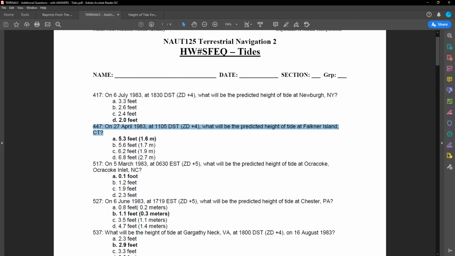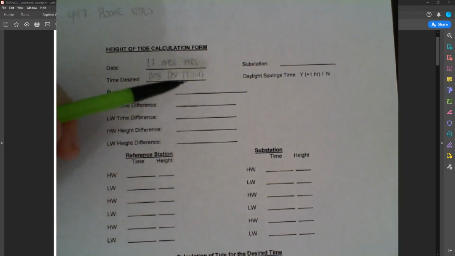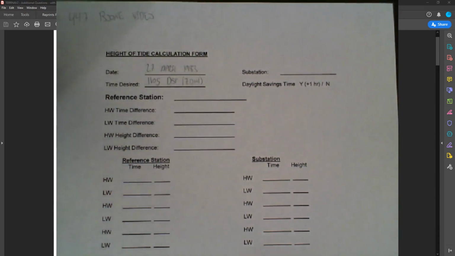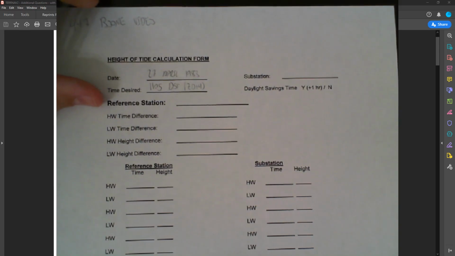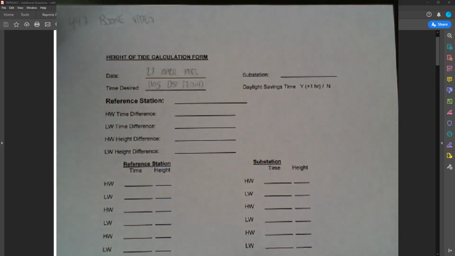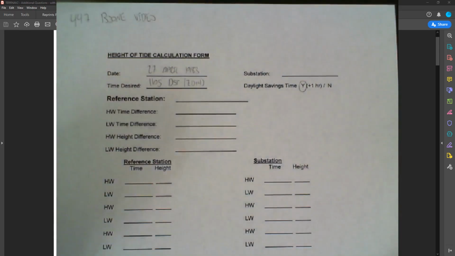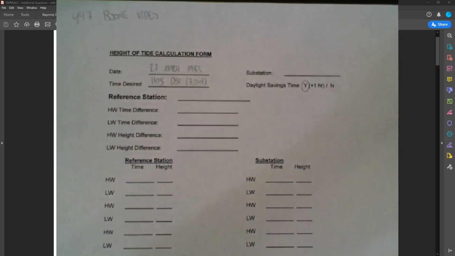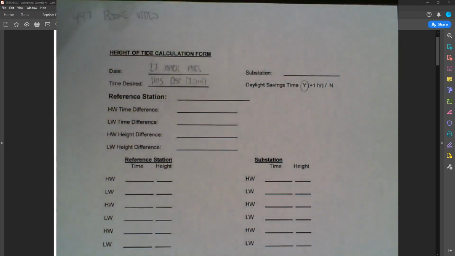So let me show you what I have so far. Currently I have the date and the time desired, but we need to account for a couple of things. DST simply stands for daylight savings time. So we need to say yes. That means plus 1 hour. We'll be getting to that later, but you need to make sure you have this box circled. Remember what it means, daylight savings time. Then the rest of it, you need to look in the book. So now that we have this down,